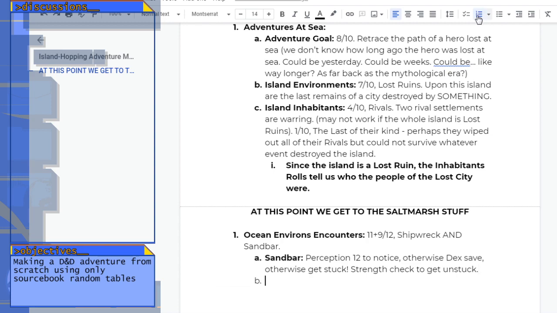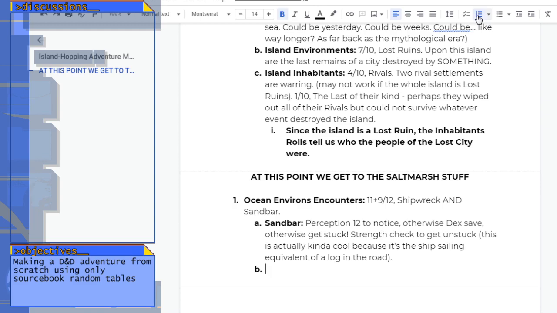You know, that's actually kind of cool. Because it's the ship sailing equivalent of a log room, which is a classic travel trope. And sandbars basically let you say, like, yes, you're on the ocean, but here's this classic puzzle anyway. It's just now you're on ships. And speaking of ships,